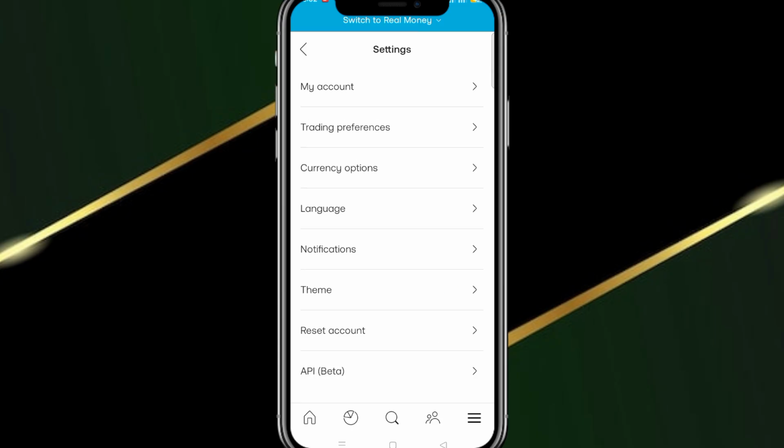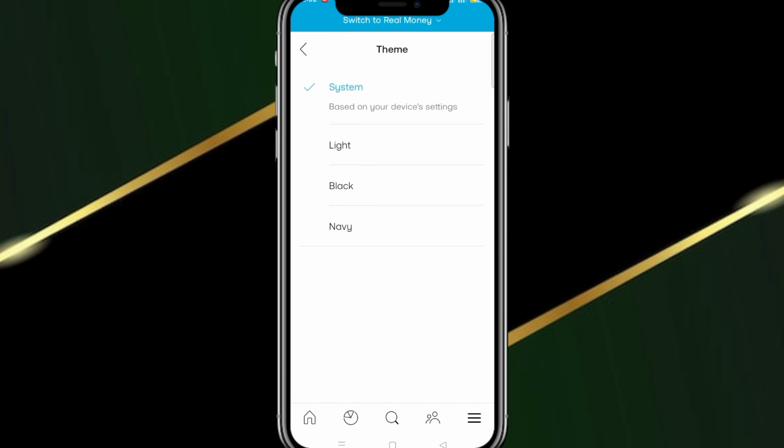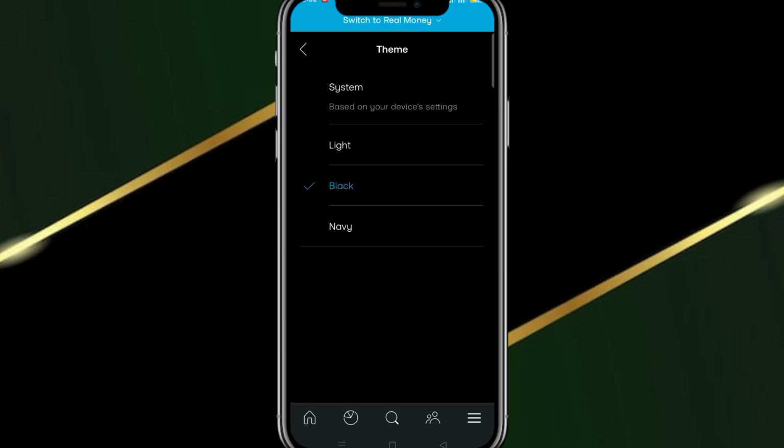Once you've located and tapped on Appearance or Theme, you'll be presented with a few theme options. Trading 212 generally offers three main themes: Light Mode, Dark Mode, and Navy. If you prefer a classic and bright look, Light Mode might be the best choice for you. However, if you often trade at night or just prefer a sleeker, more modern look, you might want to choose Dark Mode or Navy. The Navy theme offers a unique twist, providing a slightly different aesthetic compared to the standard